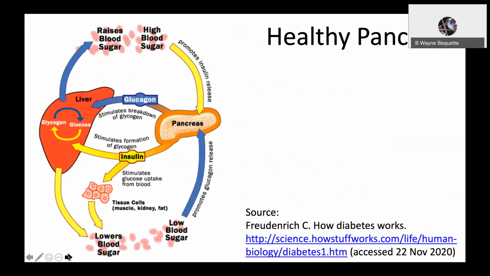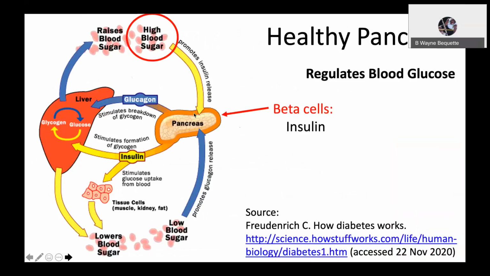This diagram illustrates how a healthy pancreas functions. You notice there's two different organs shown, the pancreas and the liver. And there's a number of different hormones and signals shown on this diagram. So let's step through this slowly and think about what the body does when faced with high blood sugar or